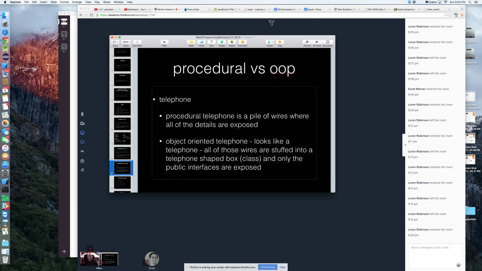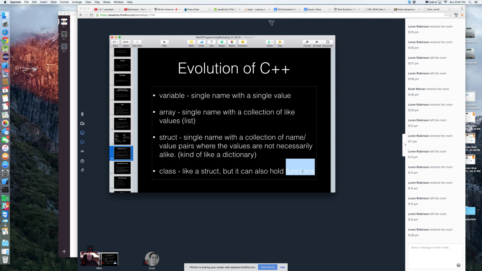All right, so that's the difference between procedural and object-oriented programming. It was just a step of evolution, and at the end of the day, it was a Tupperware container. We just got a new container that knew how to hold name-value pairs as well as functions. That's it. So, having said that, what was the problem with C++?